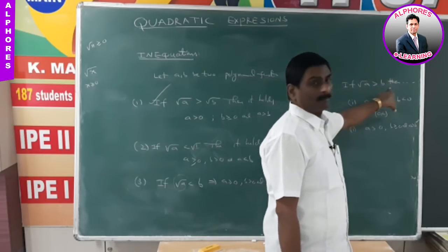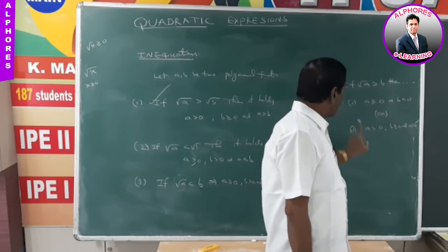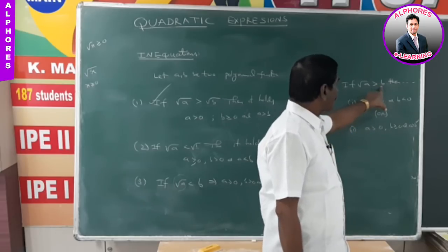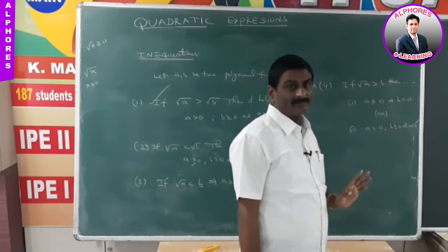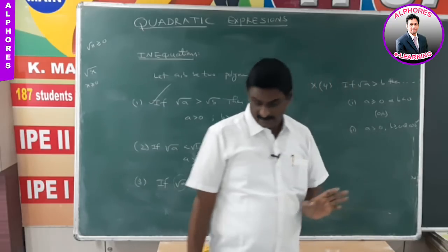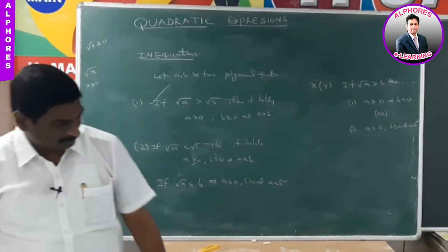Next, second case, both are positive. A greater than 0, B greater than 0. That means A greater than 0, B is greater than or equal to 0. After squaring on both sides, A greater than B square. These are the four cases. Next,